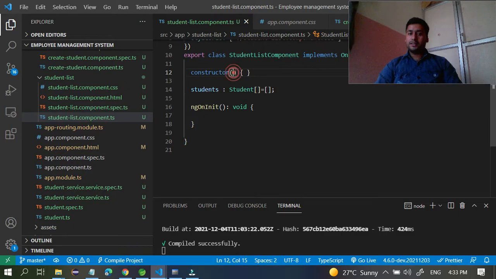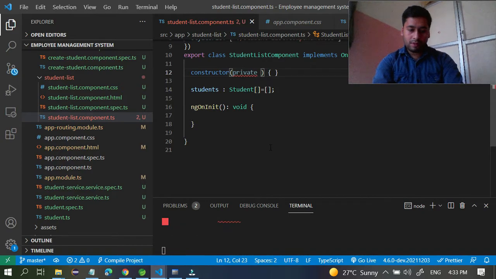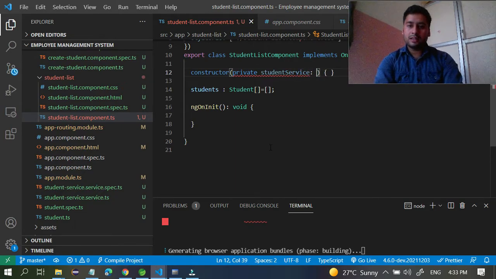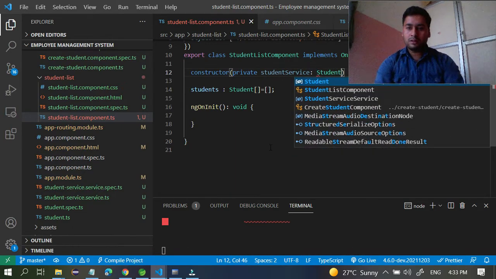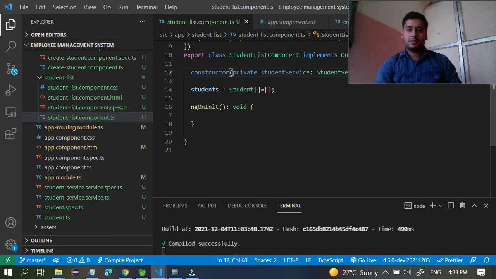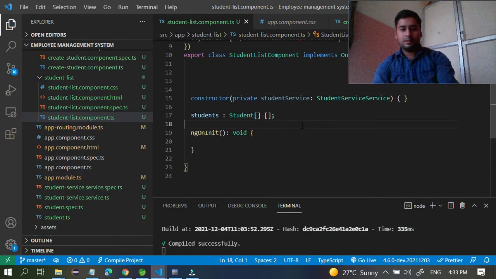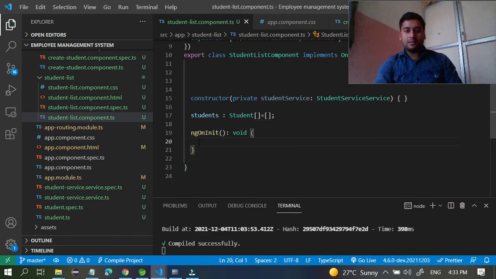So for this you want that object. So first private student service colon student service. That's it.